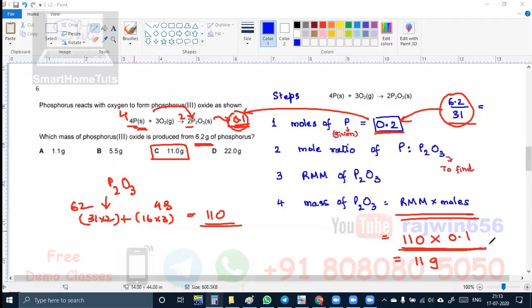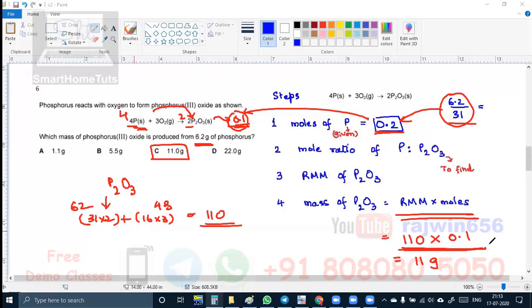So we can't do it like that. First, to find this, you can do that. I have understood what you mean, without calculating moles itself. Yeah, directly, you take the masses and then cross multiply. Yeah, I did that first, but then you said to follow these steps, so I cancelled that. That is okay. You can use that method. That is a shorter method also. I know that.